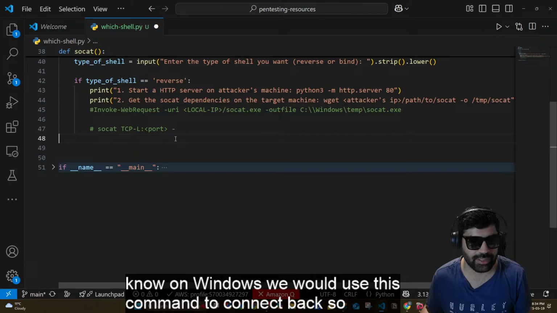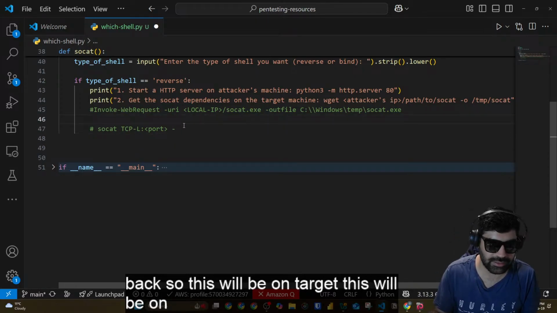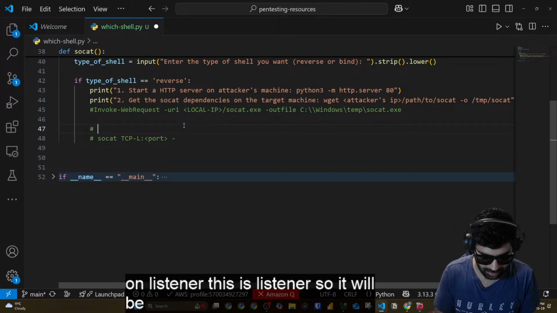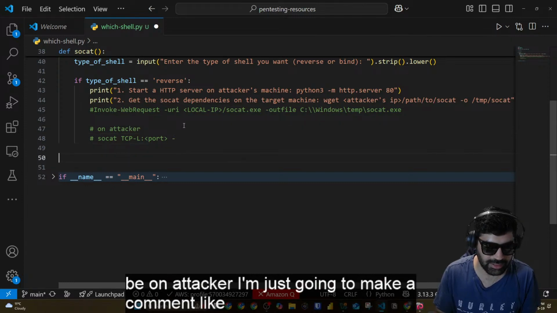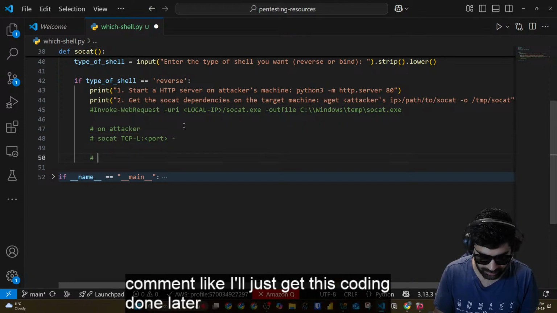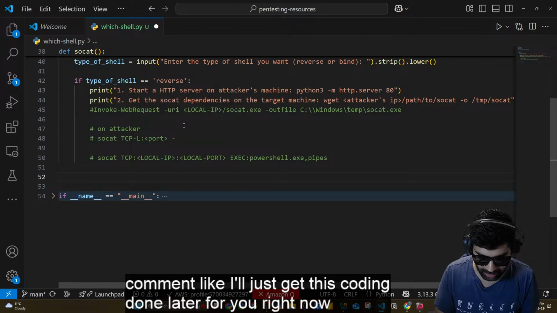On Windows, we would use this command to connect back. So this will be on the target. This will be on the listener. This is the listener, so it will be on the attacker. I'm just going to make a comment, like I'll get this coding done later for you. Right now,